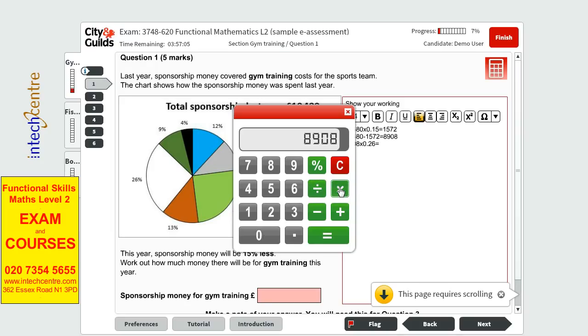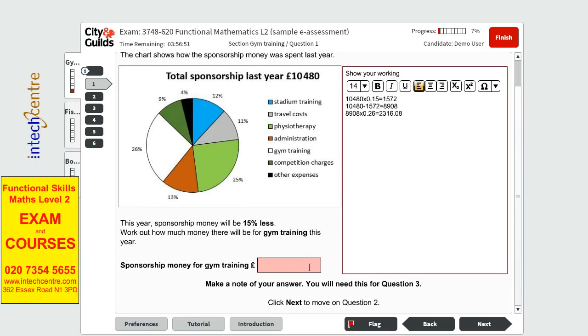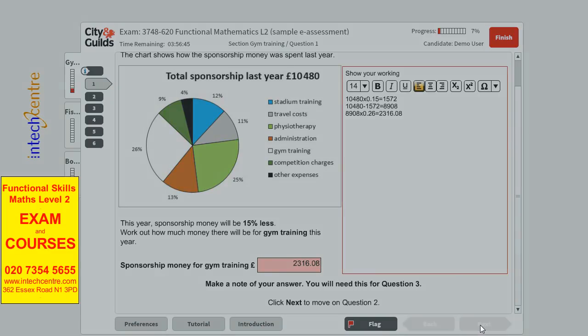8,908 times 0.26, and we get 23,016.08 pence. So this is how much money they will have for gym training. Now if we click next,